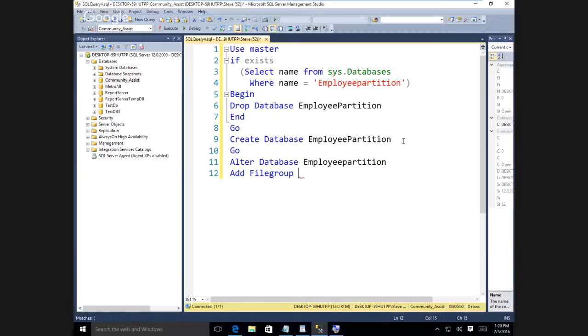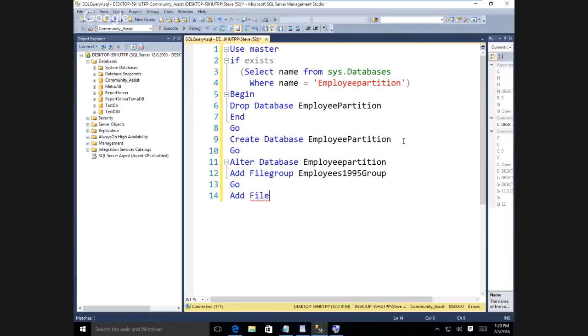So let's do it as employees 1995 group. It's not a very elegant name, but, and then I'm going to do go, and then I'm going to do add file,